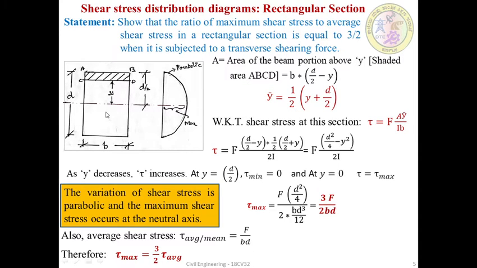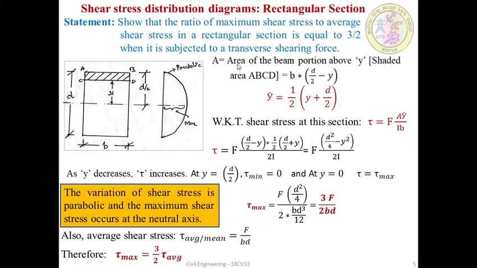The intersection of these two axes will give rise to the centroid, and once you trace the line passing through the centroid, that trace is called the neutral axis of the cross section. It equally divides the depth, so d by 2 on either side, bottom as well as the top. So now